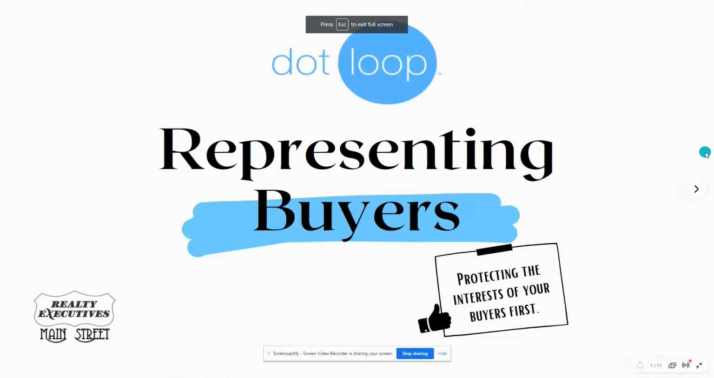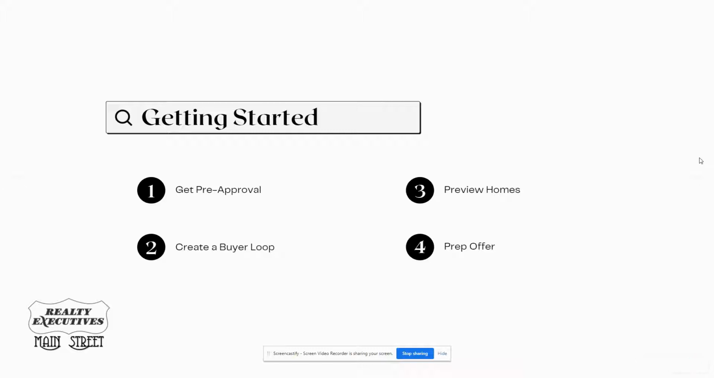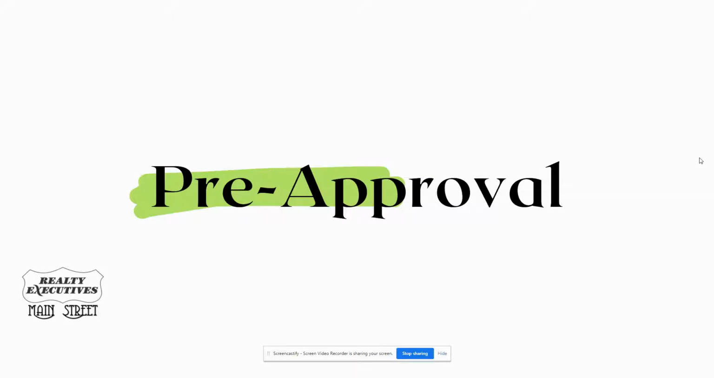Hey everybody, today we're going to discuss representing buyers and the best way to do that using Dotloop. So we're going to look at getting pre-approval, creating a buyer loop, previewing homes, and then prepping that offer. We're not going to go into detail today on how to prep an offer, but more importantly, the steps you need to take. So first, your buyers need to be pre-approved before you start showing them homes, especially in this